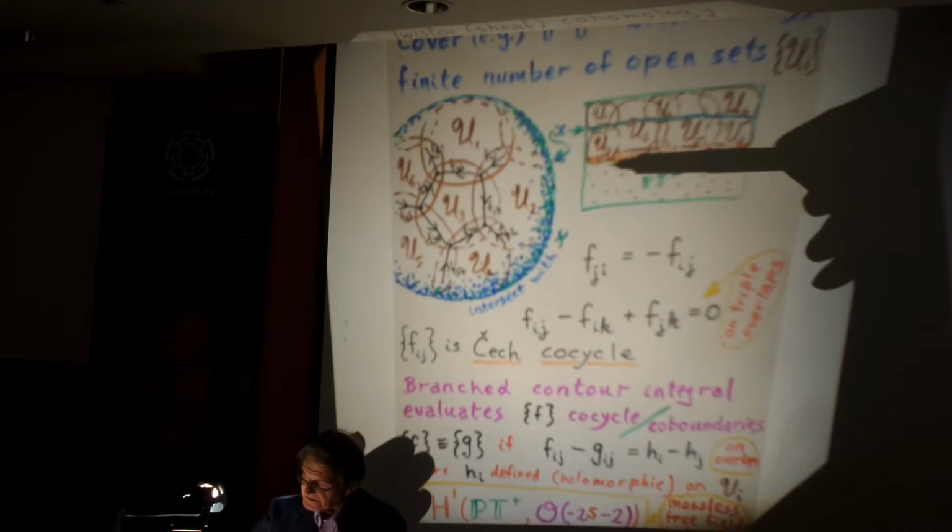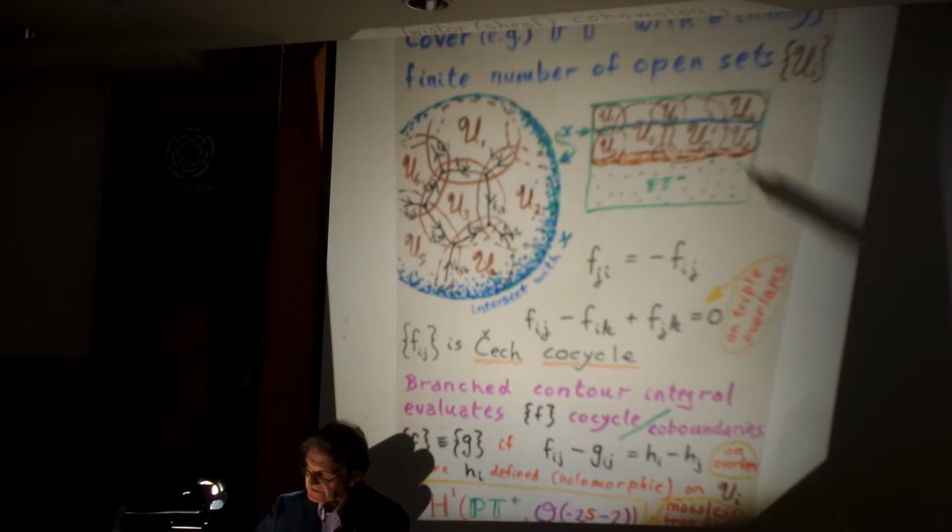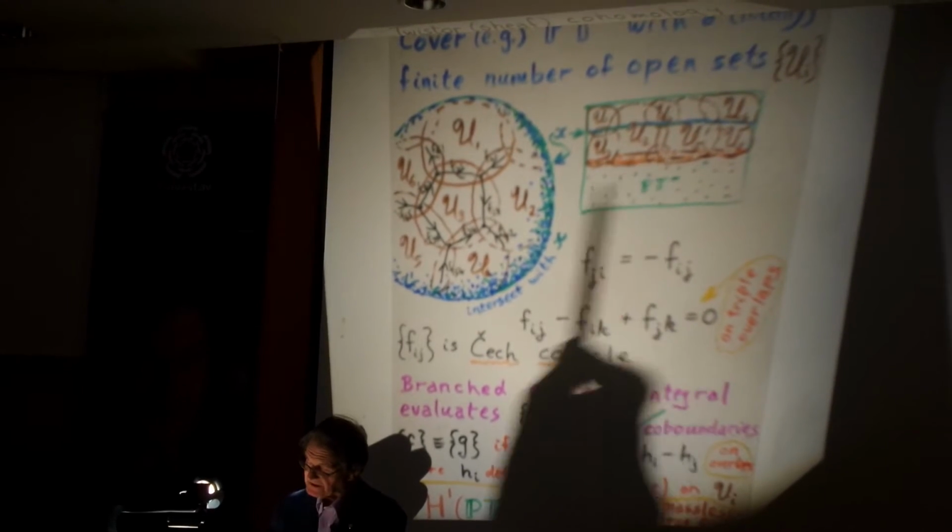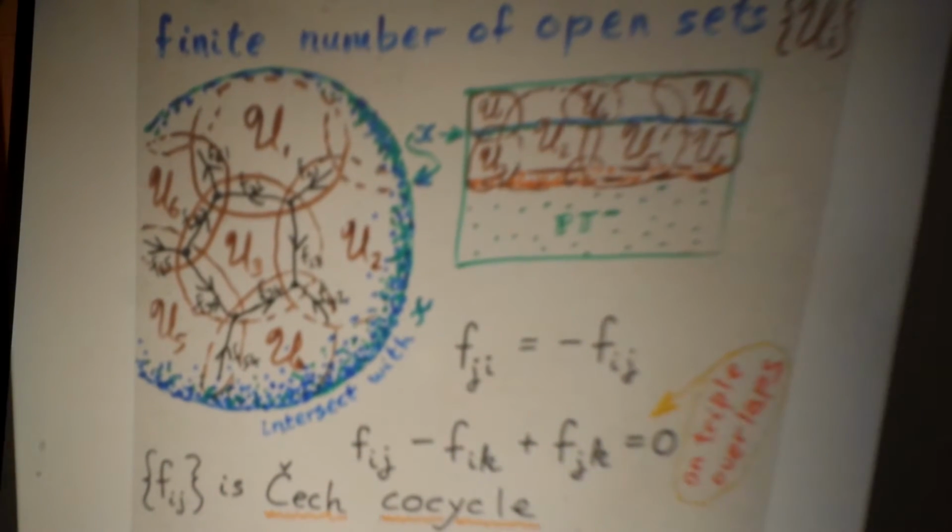Because the U's here are open sets on the top half of twistor space, and the twistor function is really a collection of twistor functions, each one defined on the overlaps between two of the U's, and these can be assigned, we call it Fij. It has to be antisymmetric because you're really doing a bit of a contour integral which goes in one direction, and then if you interchange these two, then it's the other direction. So you use antisymmetry, and then you need this triple rule here,